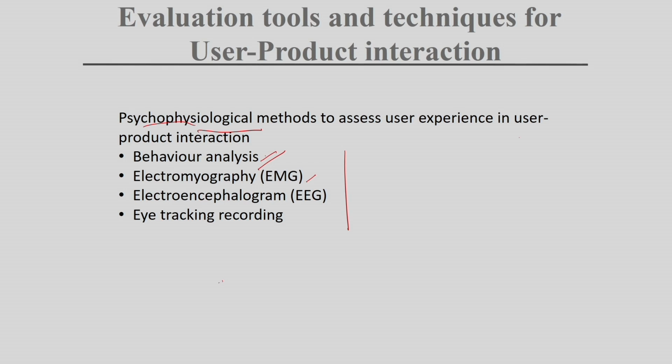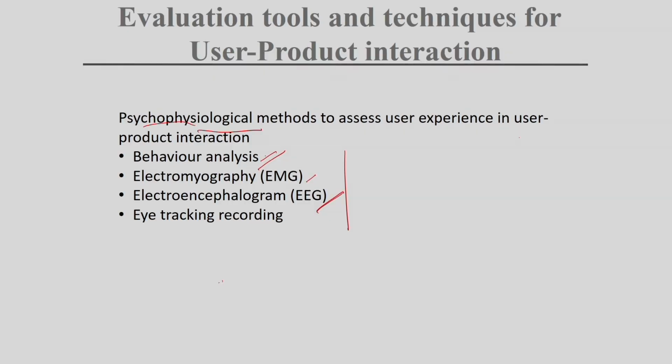So if we put this thing, then we can understand whether the person is happy or not after seeing the smiling face of this thing. EEG is electroencephalogram. After seeing the sharpener, as we discussed in the earlier video, if you are feeling happy, then there will be happiness. If you are frustrated, irritated, bored, or angry, those things can be understood from the electroencephalogram when we are recording the brain waves.